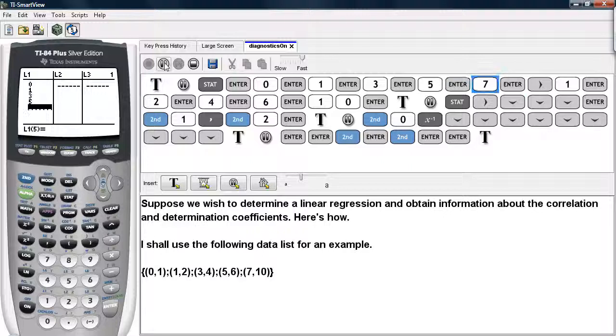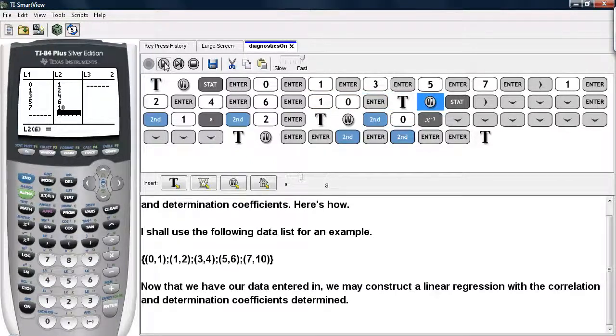The X values are entered in first. We hit the right arrow button to go to the second list and enter in the data values there. Now that we have our data entered in, we can construct a linear regression and determine the correlation and determination